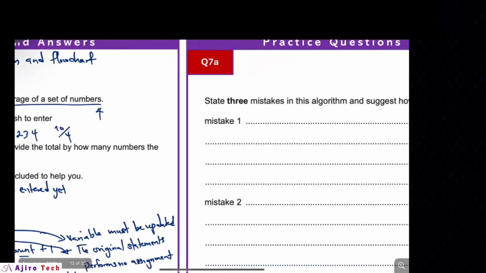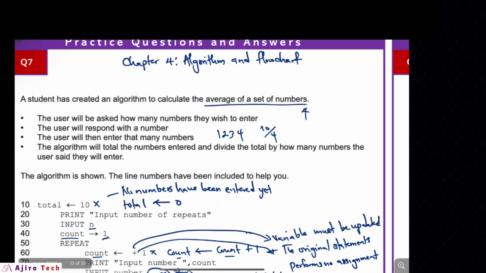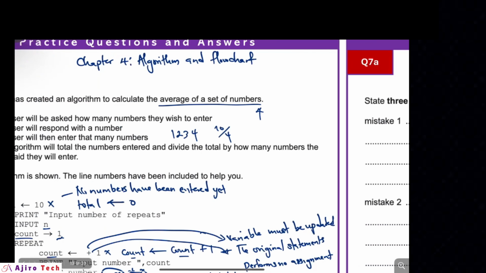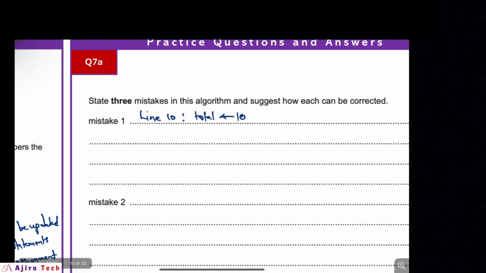So let's put the mistakes down. Okay. Let's put the mistakes down. Line 10, mistake 1. Line 10, total is wrong because,